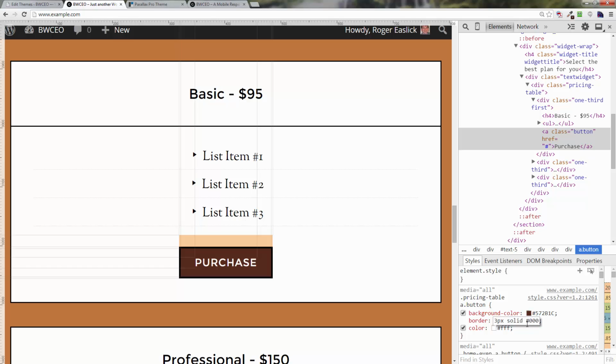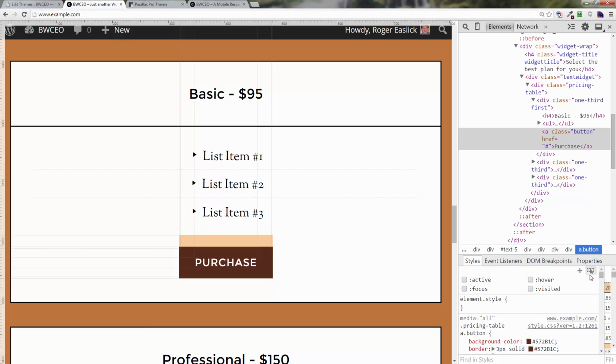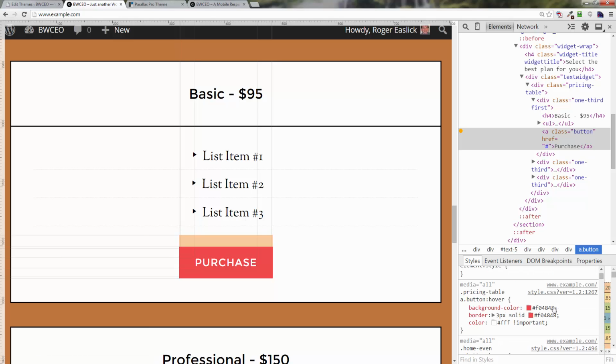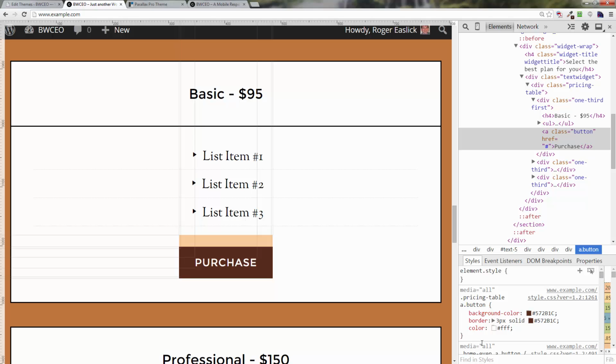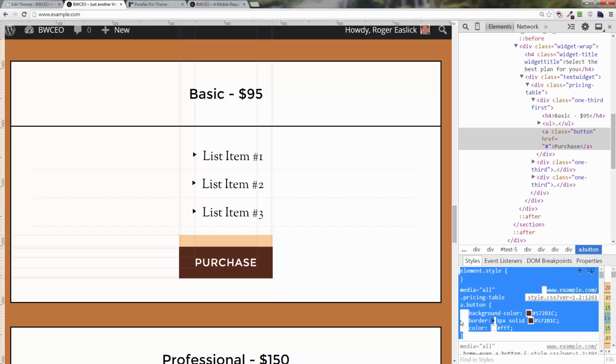That'd be a little bit tricky here because they've got multiple parameters, multiple values. You want to just grab the hexadecimal code there for the color and then replace that, and now we've got that replaced. Okay, and now we want to take a look at the hover, and the hover pops up here and we see this reddish color. Oh, actually we didn't change the first one, did we? Let's go back, uncheck that, get rid of this. Okay, we've made a change here, so let's go ahead and grab this,